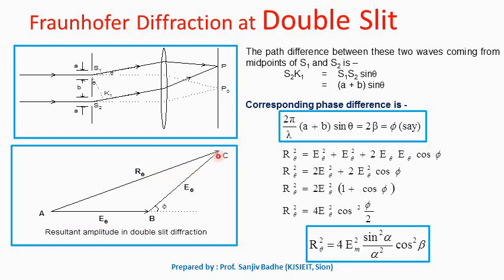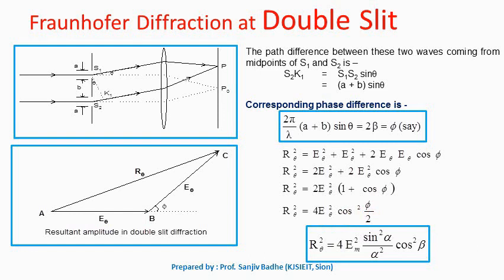Now using this vector diagram we can find the value of R theta, the resultant amplitude. We can write R theta square equal to E theta square plus E theta square plus 2 E theta square cos phi, where phi is the angle between the two vectors. Simplifying, E theta square plus E theta square is 2 E theta square, so we get 2 E theta square plus 2 E theta square cos phi. Taking 2 E theta square common, we get 1 plus cos phi, and 1 plus cos phi is 2 cos square phi by 2. So R theta square is equal to 4 E theta square cos square phi by 2, where E theta is